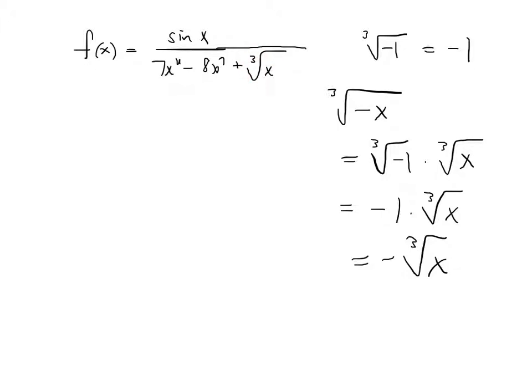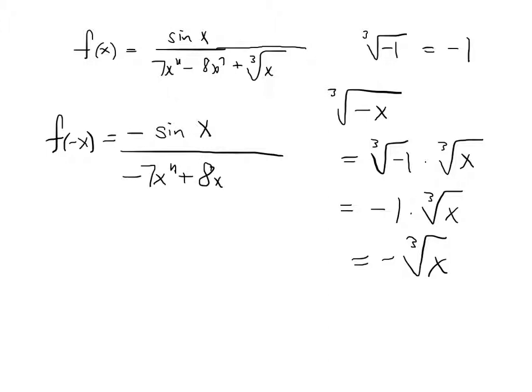Now, f of negative x is going to be sine of negative x. I'm going to skip straight to minus sine of x, because we're expecting that to be odd. It was one of our basic examples. Minus 7x to the 11 plus 8x to the 7 minus cube root of x. Again, skipping the details because all those integers are odd, through some careful pulling out of negatives, I can factor a negative 1 out of the numerator and out of the denominator, and I'll get sine of x,